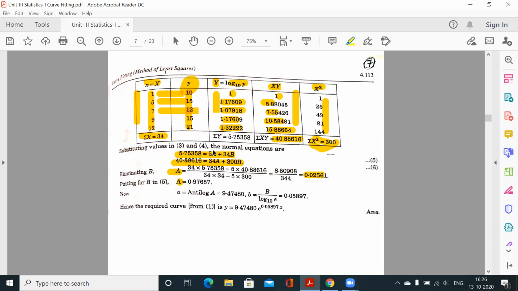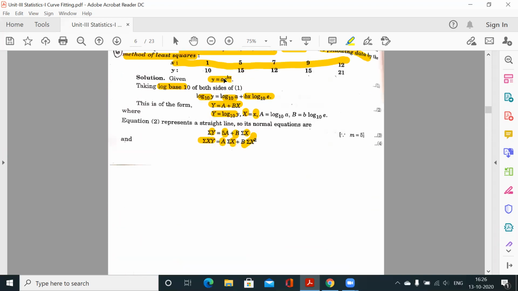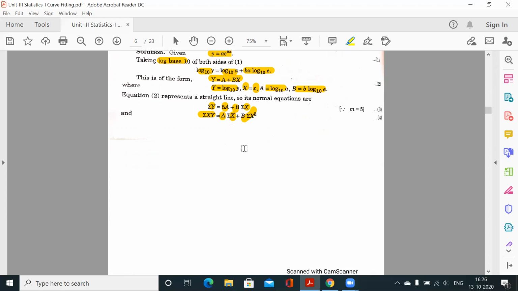You know how to solve this. When you solve these using either a calculator, elimination or substitution, you will get the capital A value and the capital B value. So capital A is 0.02 and capital B is 0.97. Now the original coefficients or constants were small a and small b. So using these relations,